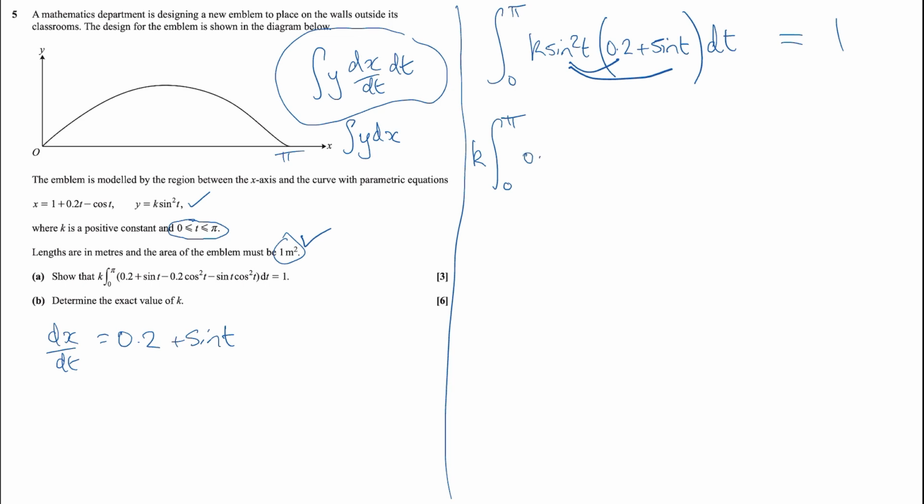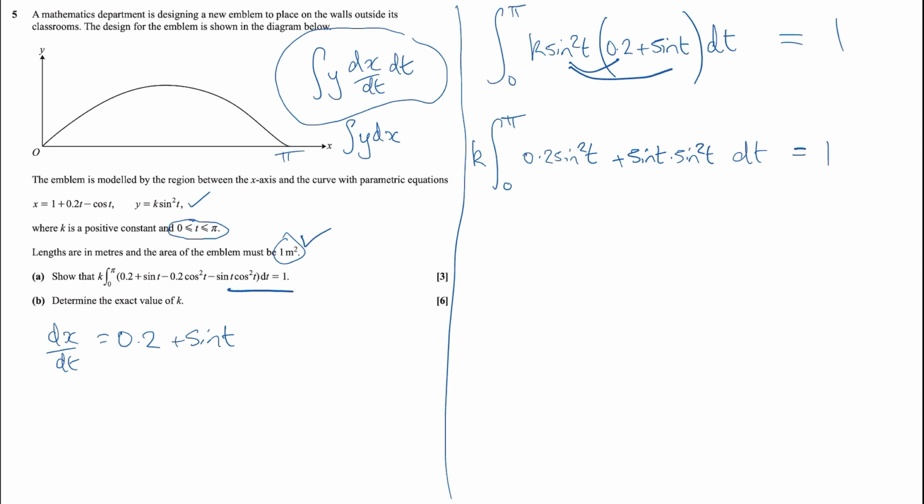So we've got 0.2 sine squared, and for this bit, I'm just going to write them separately for now. The reason for this is, in my final answer, nowhere do we have a sine cubed, so it would be pointless to expand. Now, comparing to this final answer, I can see there's no sine squareds either,